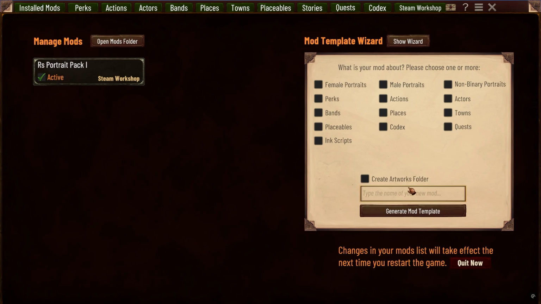So let's say that I want to make the character artworks different, like change the companion artworks. How would I go about it? First I would tell the template wizard to create me an artworks folder. Then I would type my mod name, and let's call it NPC